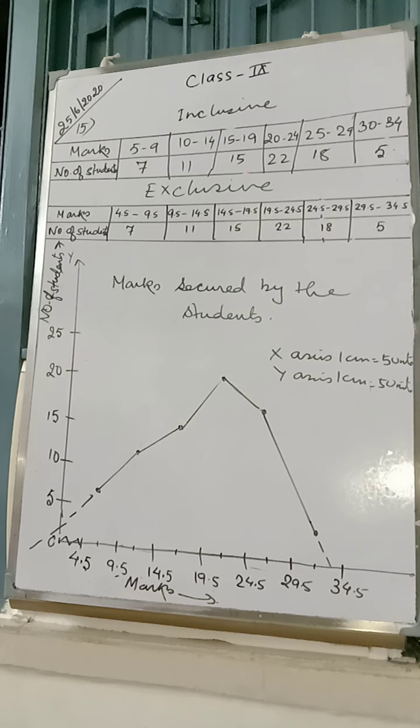Now we have question number 16. There the graph is already given. Now they have asked you certain questions. The first question is, what information is given by the graph? You can write the information related to the production of sugar and wheat in million tons by the 5 states is provided by the graph.